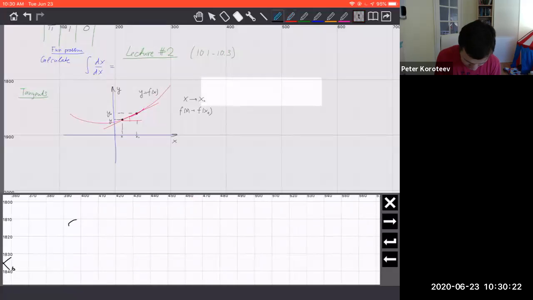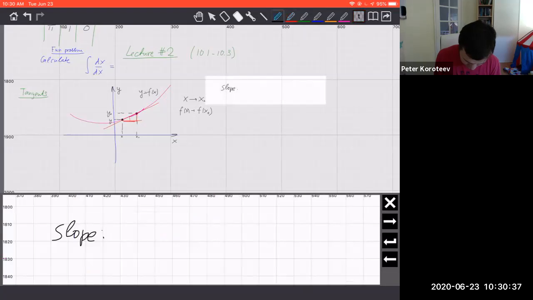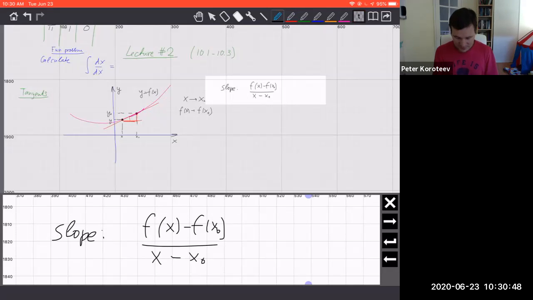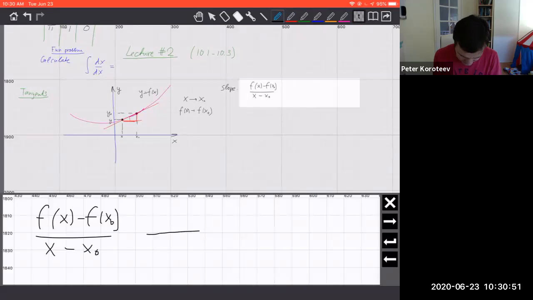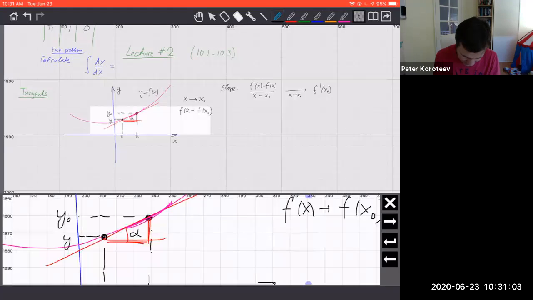The slope is the ratio of this segment over this one, so the slope is f of x minus f of x0 divided by x minus x0. Then if you take the limit as x goes to x0, this becomes the derivative of the function at x0, right? So the slope, or the tangent of this angle alpha